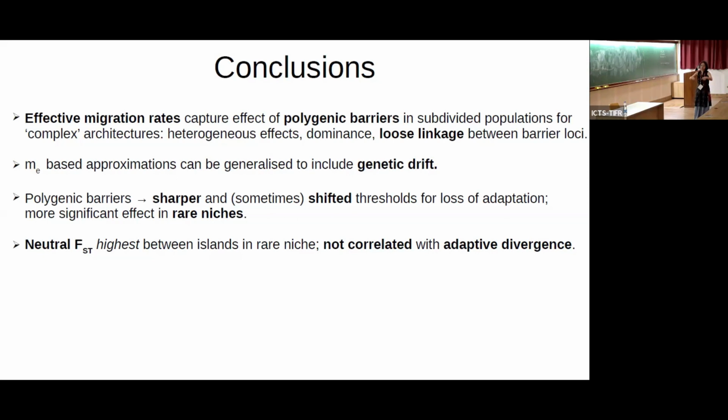And polygenic barriers. If you have many, many loci, this results in sharper and shifted thresholds for loss of adaptation, and this effect can be especially significant in rare niches. And there are also some mysteries, or at least for me, counterintuitive results which are related to neutral FST, which don't really have to do with polygenic divergence, but the fact that if you have these asymmetries in how niches are distributed, then there can be somewhat counterintuitive effects, which I think also highlights